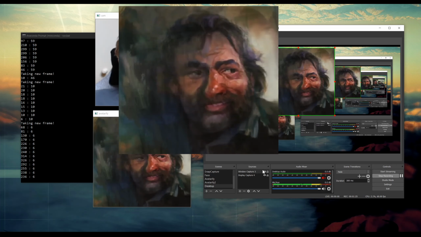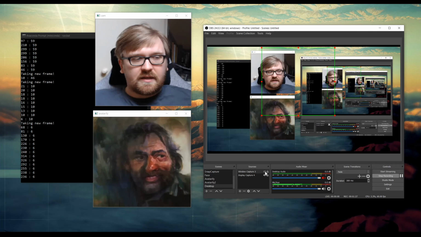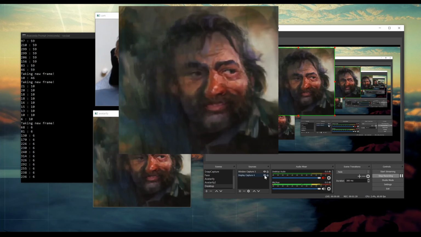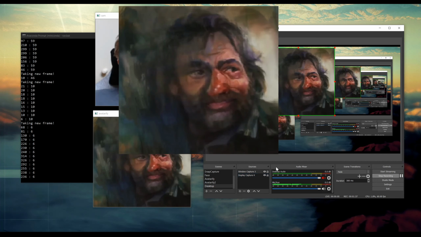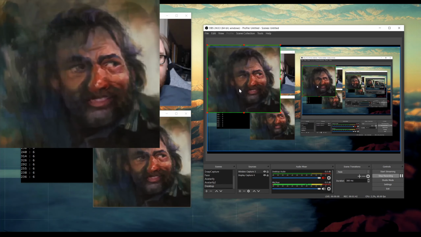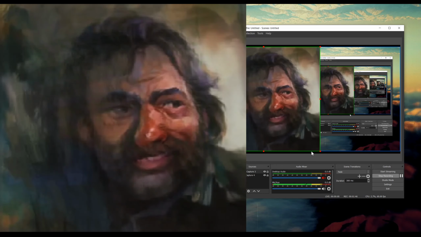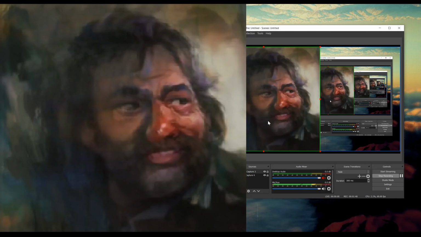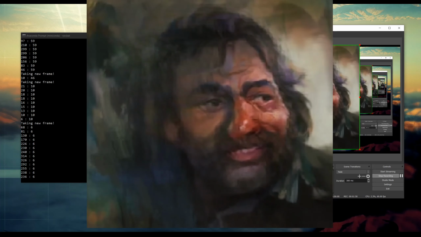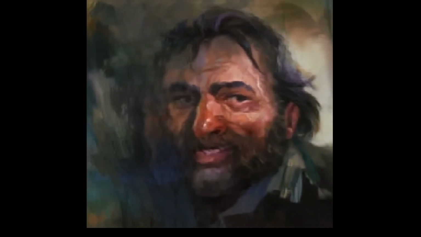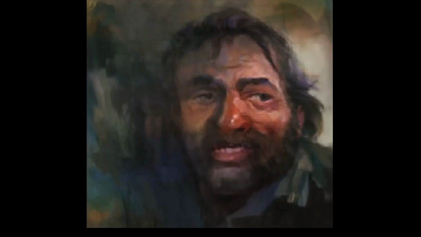And in principle, if I go through, I can hide, nope, not my window capture. I can hide my display capture, and now all I have is this guy. If I bring this back in, you can see what I'm doing. So what I would then do is just resize this so it fills up the screen, and then I'd move it to the middle, and then hide the display capture, and now I have a full screen